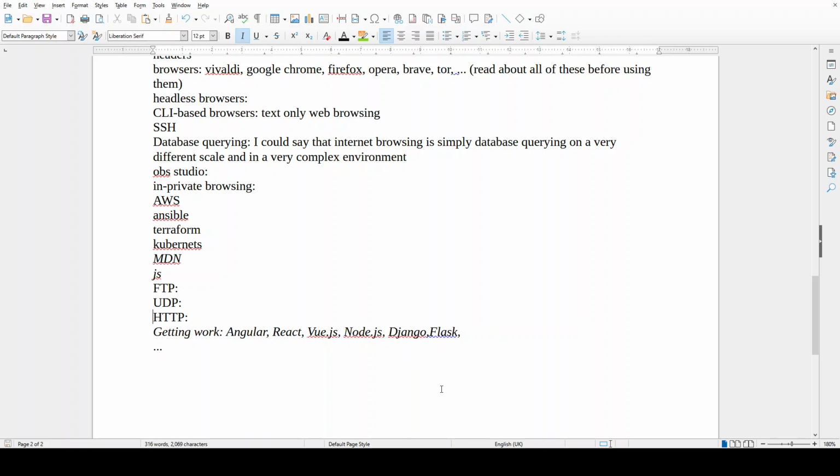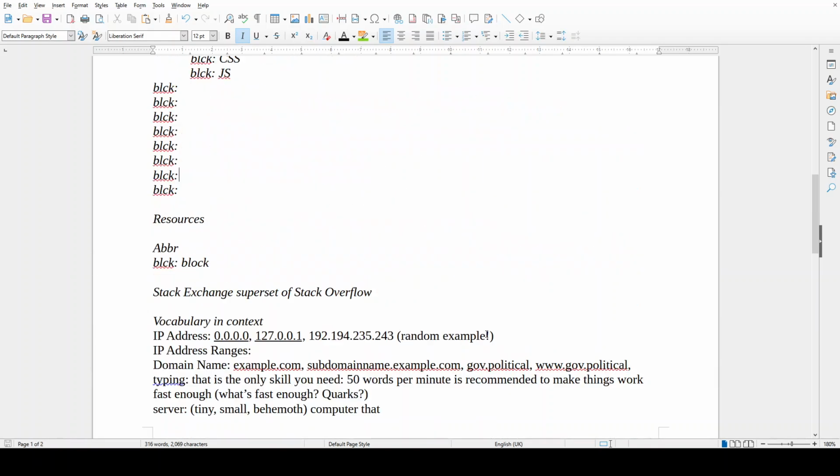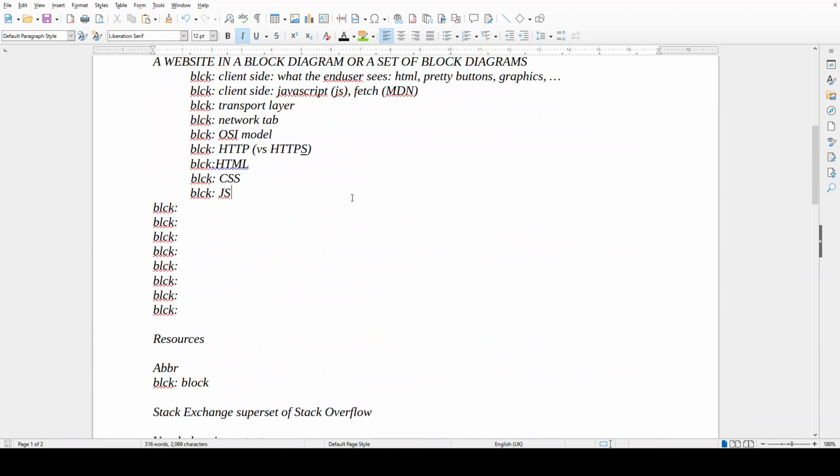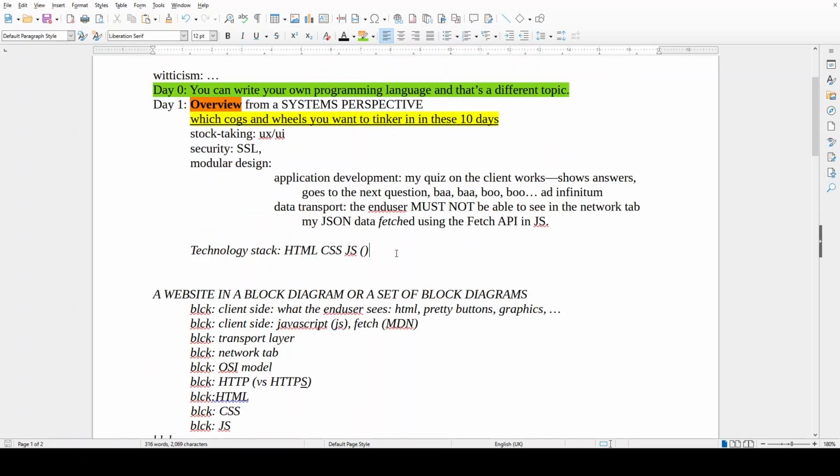There's so much. You can look it up. I don't want to be talking about this, but this is the stack we are going to be using: HTML, JS, and CSS. That's the basics, the fundamentals on which you have Angular, React, and things like that built. You have TypeScript and all sorts of names that you don't want to bother with unless you want to get into that. So, technology stack. Let's see what we've done so far. The purpose is